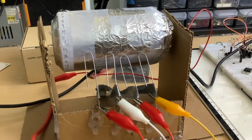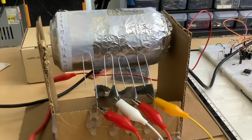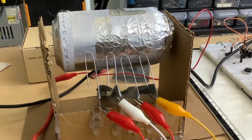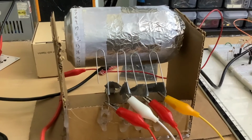Also, it's just an interesting mechanism requiring really no computer parts. This is basically just a rotary switch. It is like a 4-throw rotary switch. I think that's what it is, and it's an